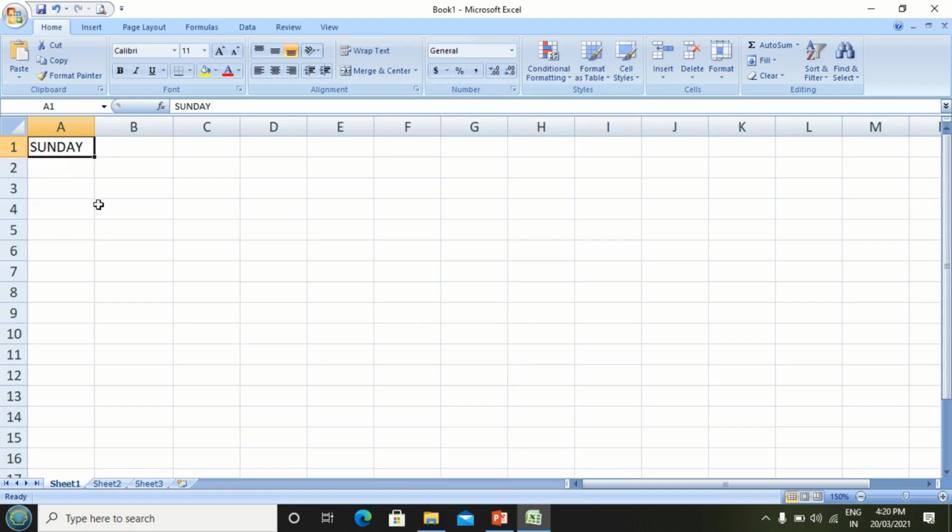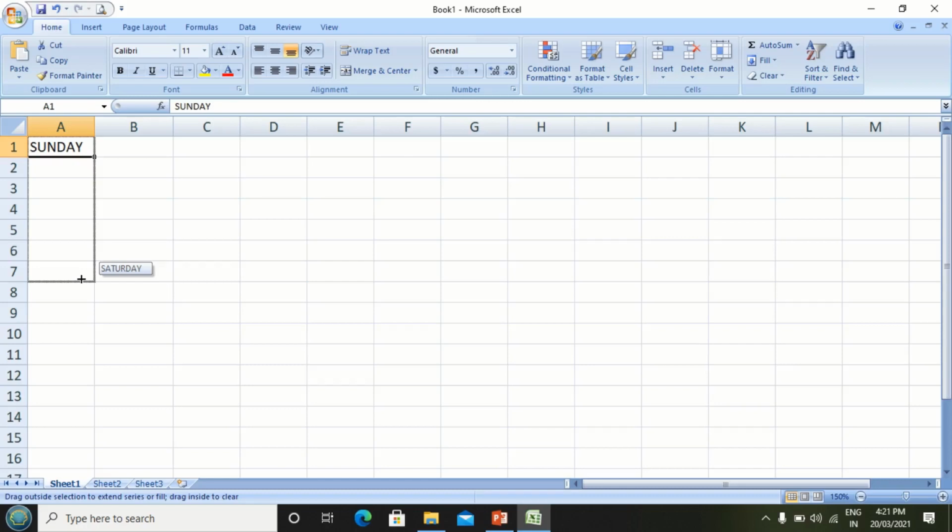See to it your cell is selected, and the same way at bottom right corner you have this fill handle. Hold the fill handle by holding left mouse click button and drag it downwards. Monday, Tuesday, Wednesday, Thursday, Friday, Saturday.